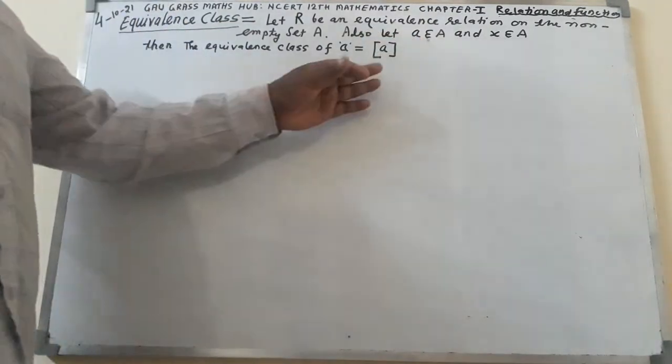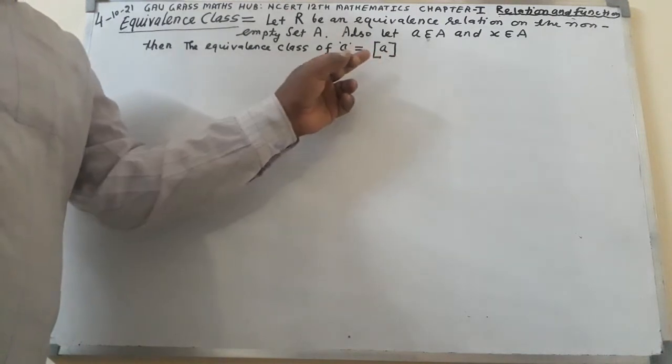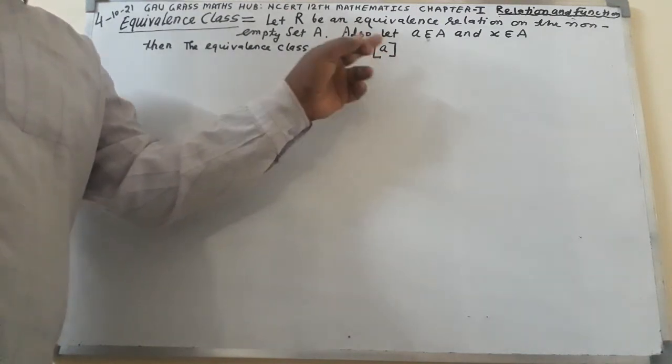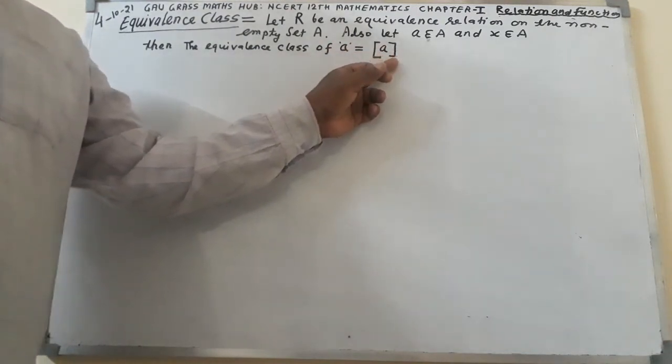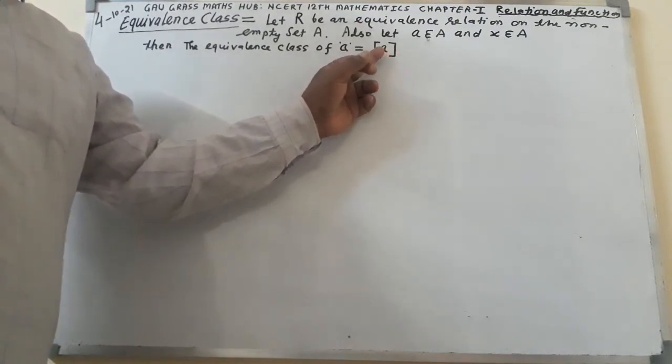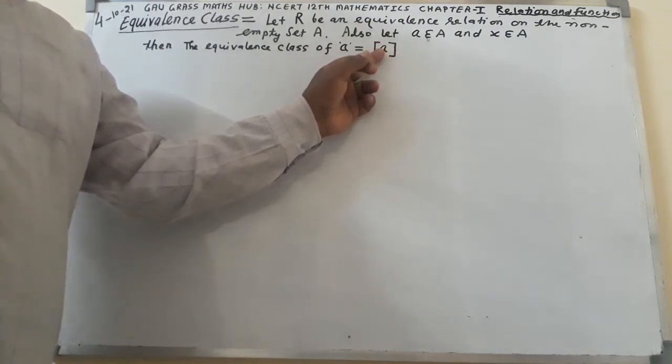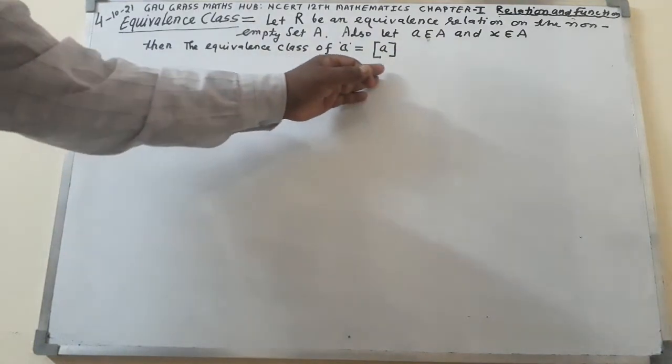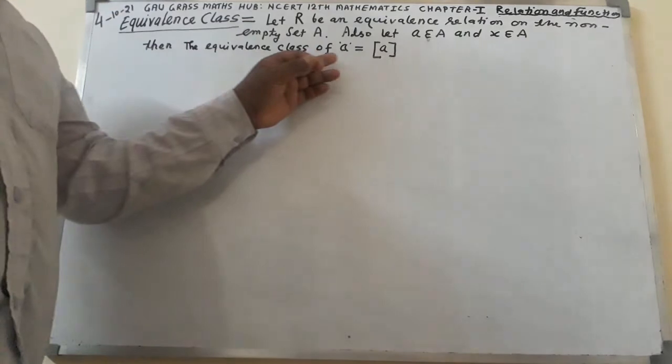This is the notion of equivalence class. Opening of square bracket, closing of square bracket, inside small a will be written. This will be called the equivalence class of a, equal to